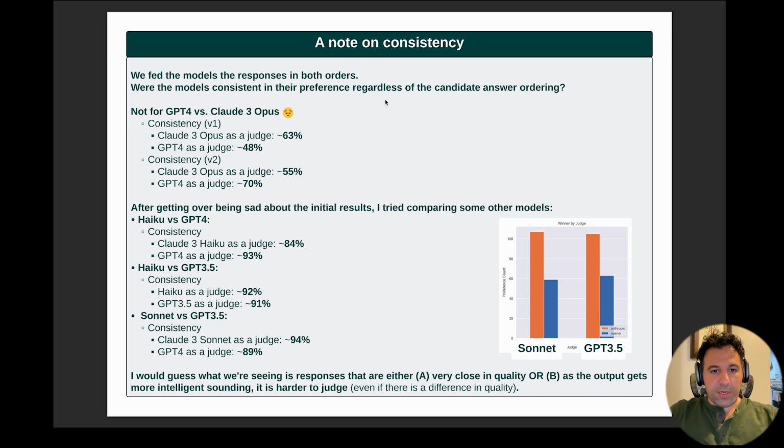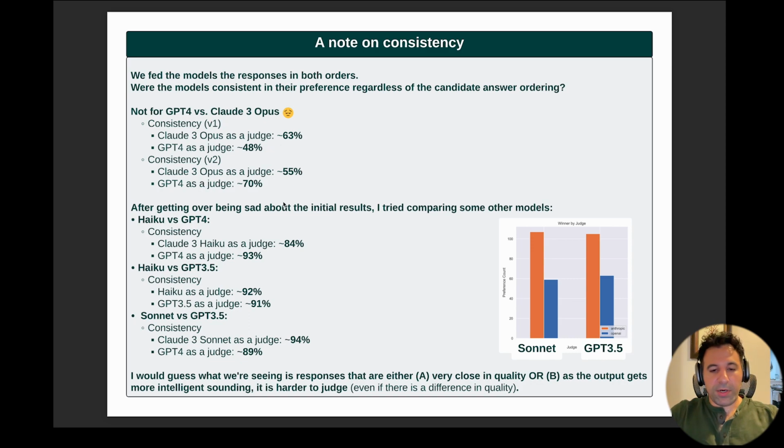With the different prompt orderings, we can check if they were consistent, like if GPT4, say, picked Opus as the winner when Opus was in the first slot. If we switch the ordering and Opus was in the second slot, did it also pick it again? For this specific comparison, there was not great consistency. I was a little disappointed by this, but I tried